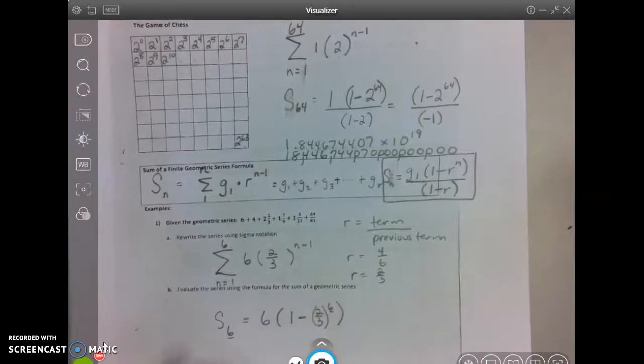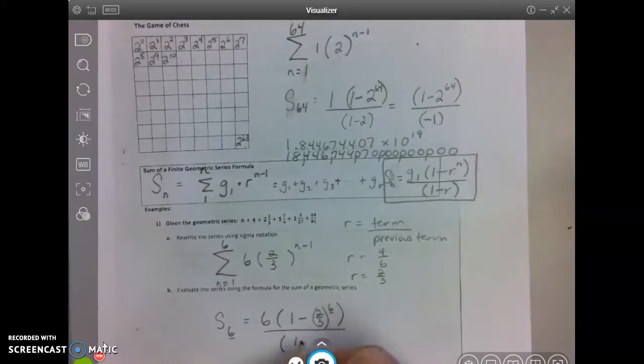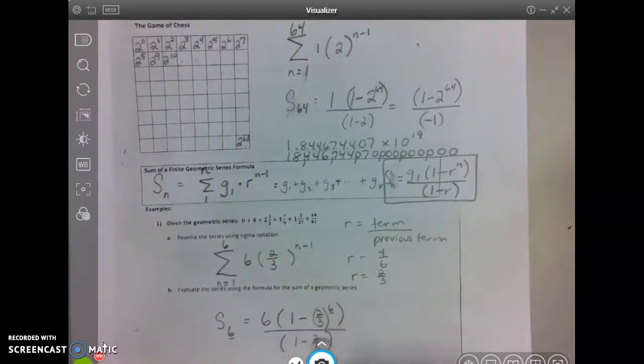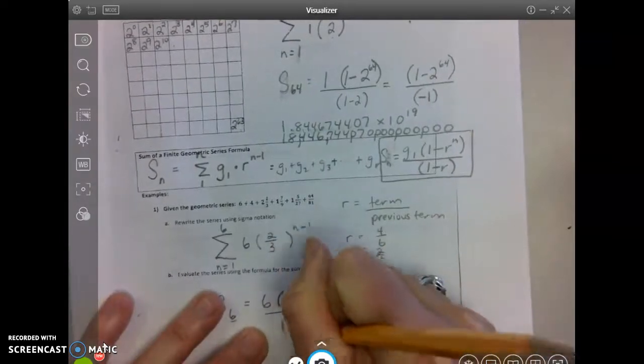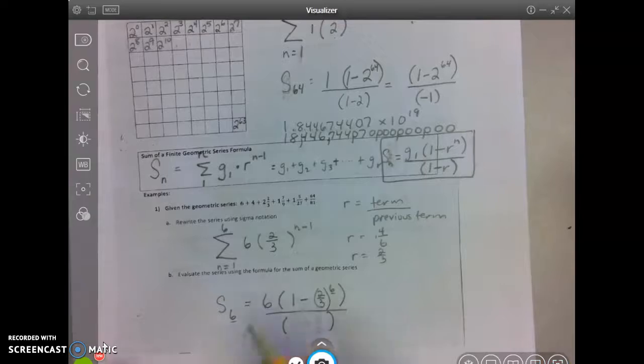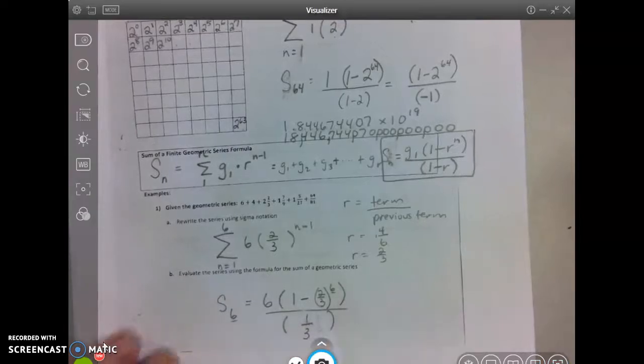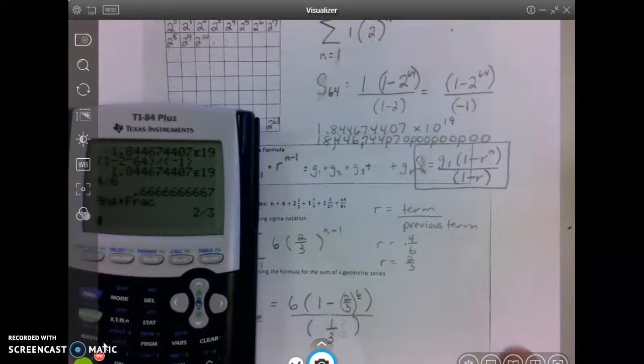Notice these should always match, all divided by 1 minus 2/3. Now, I will be honest with you, I usually do this in my head. I know that 1 minus 2/3 is simply 1/3. So then I go to my calculator,